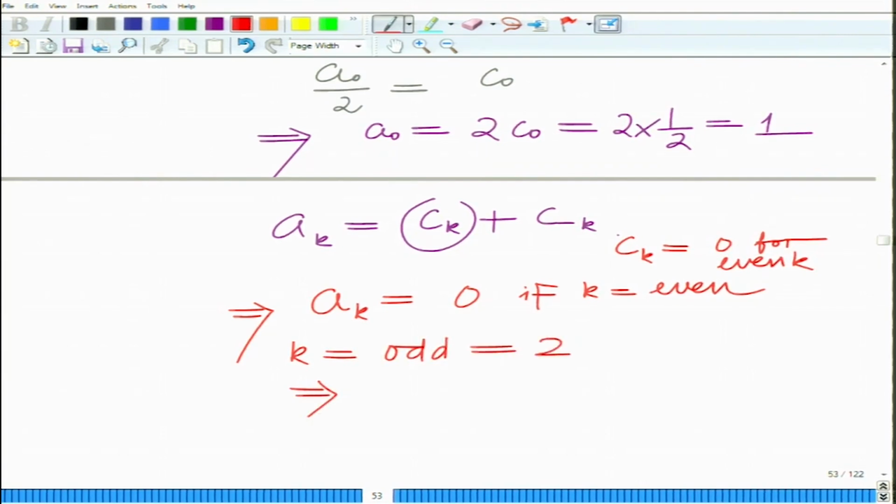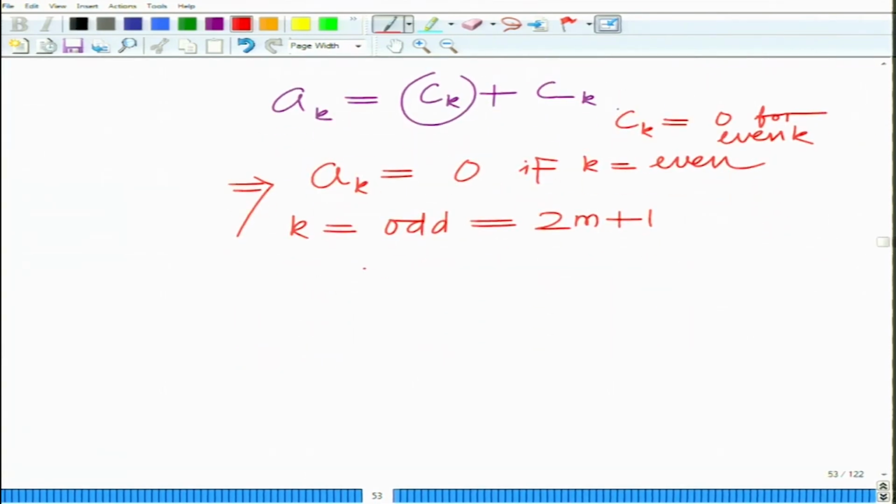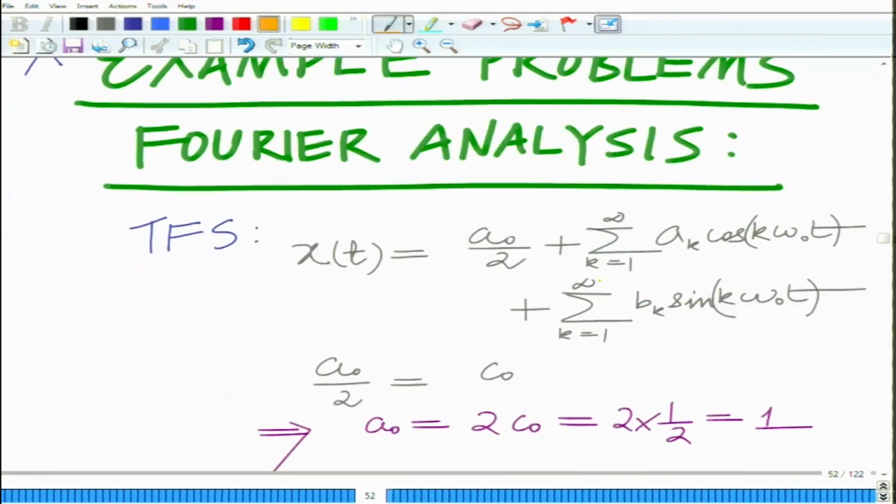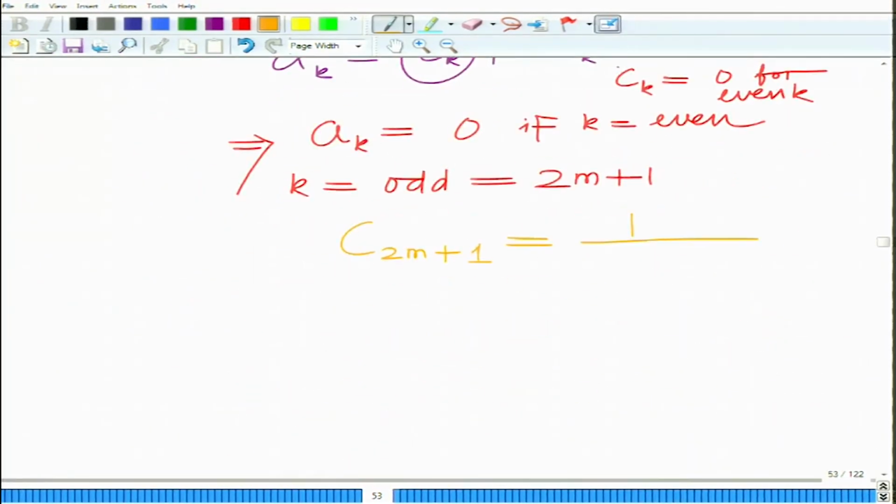let us say k equals 2m plus 1. Remember, for odd k, the expression of c k is c of 2m plus 1. For odd k, we have c of 2m plus 1, and we have derived the expression for this, that is equal to 1 over j pi (2m plus 1). So, c of 2m plus 1 equals 1 over j pi (2m plus 1), which implies basically that your a k equals, or a of 2m plus 1, since